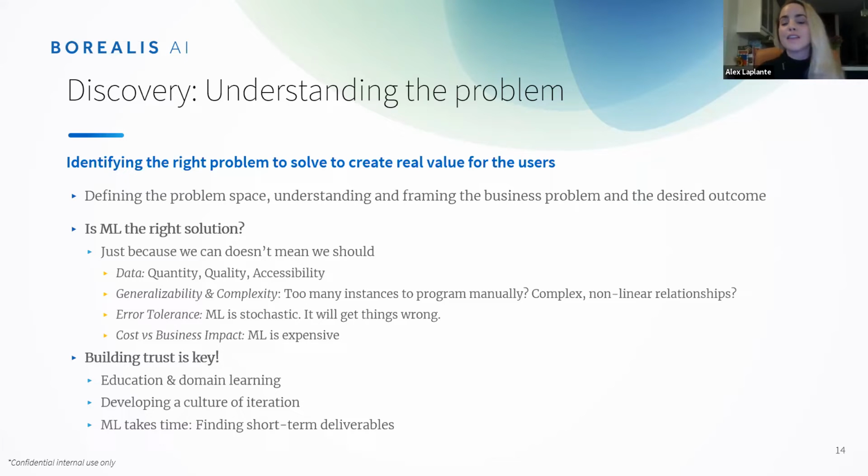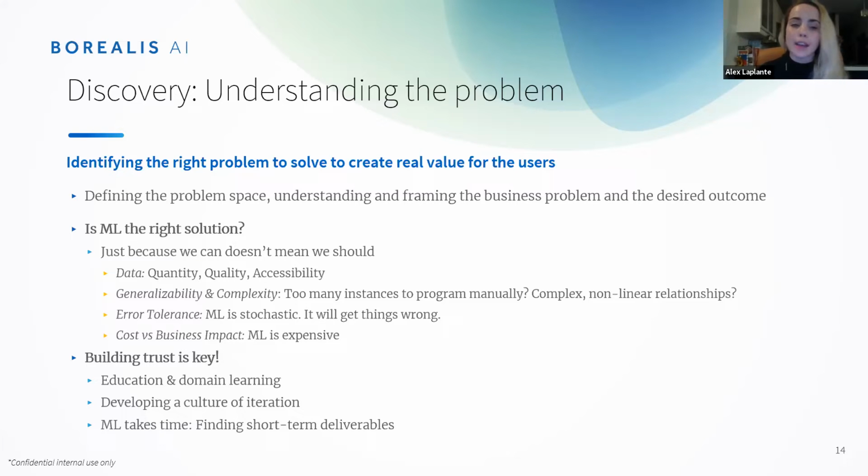And the first, foremost, biggest question, and you will see this a couple of times throughout my talk, is asking yourself the question, is machine learning the right solution? Right? Of course, we exclusively do machine learning at Borealis, and so we really need to make sure that anything that's coming in, anything that we're agreeing to take on is in fact a machine learning problem. Obviously, not all product teams have this type of constraint, but it's what we work within, and so it is really a key consideration for us in discovery. A couple of things that might help you answer that question.